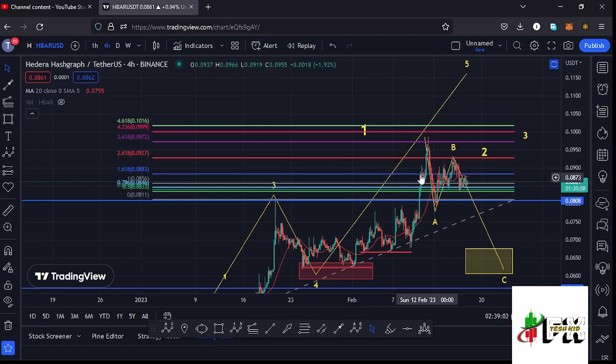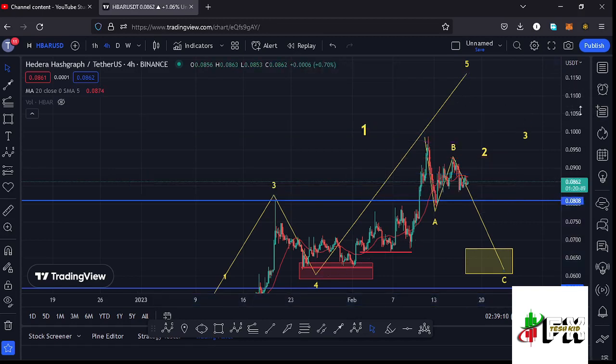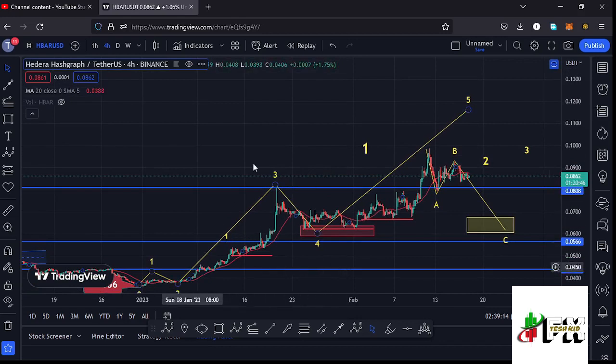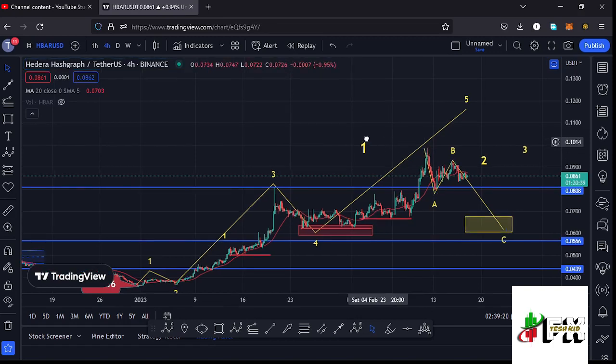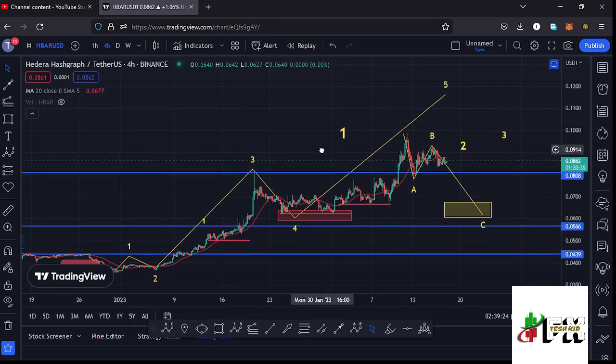And after making our high in the formation of that wave 5 at around the $0.0993 mark, I now believe that Hbar has completed an even larger Elliott wave contour to the upside after seeing this 5-wave structure to the upside, making its high at around the $0.0993 mark. And whatever we expect next after seeing the formation of a larger Elliott wave count 1 is a corrective structure